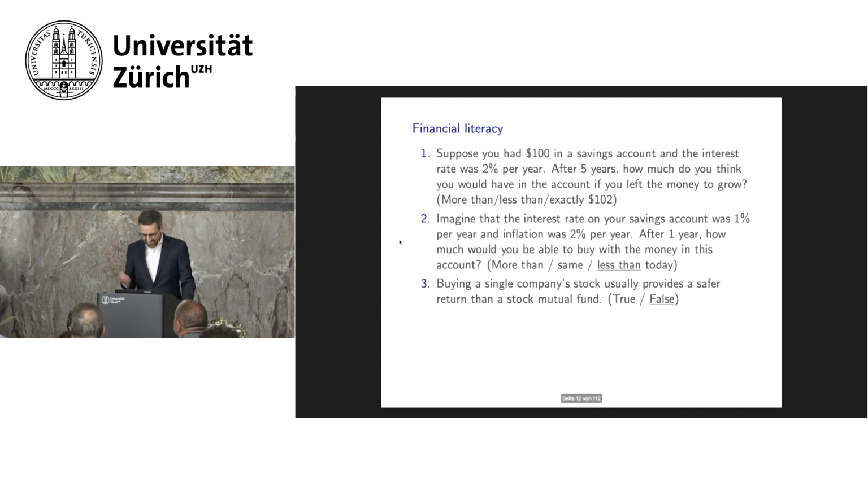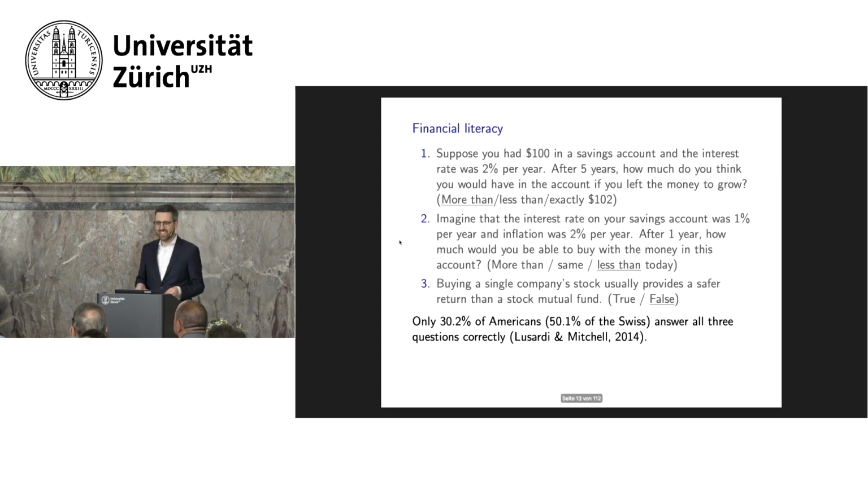Now, these are the answers. If you decide how to save for retirement, if you decide how much to invest in your third pillar, or if you live in the US where there's nothing like mandatory retirement savings, you have a lot of financial responsibility. You have to be able to answer all of these three questions right to make even remotely sensible decisions. The problem, though, is that when you ask a representative sample of Americans, not even a third of them can answer all of these questions correctly. And we're not exactly doing great in Switzerland either. About half of us can answer all of these questions correctly.